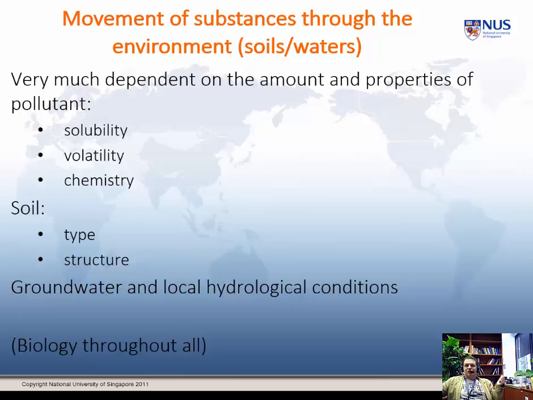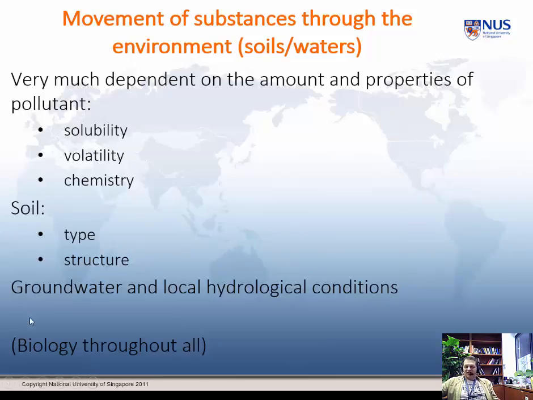Let me give you an example. The hot springs of Bath: the water starts in the nearby hills. It takes about 20,000 years for that water, after it has fallen on the ground, to get into the groundwater and then travel in the groundwater till it comes up in the springs. Clearly that's a very different situation from water that falls in a river and just flows down the river.